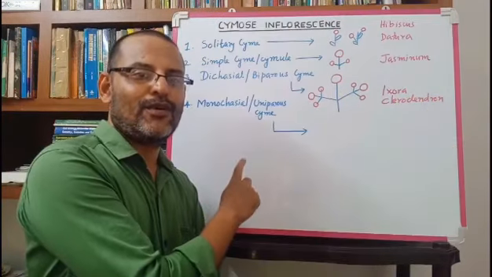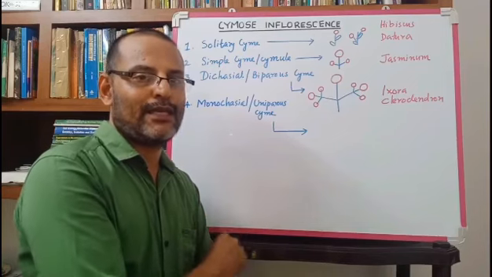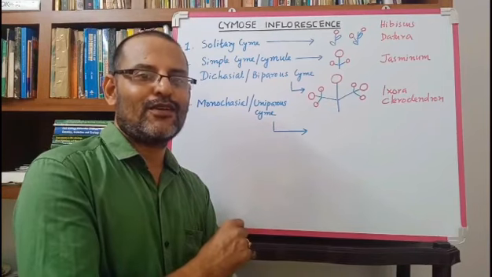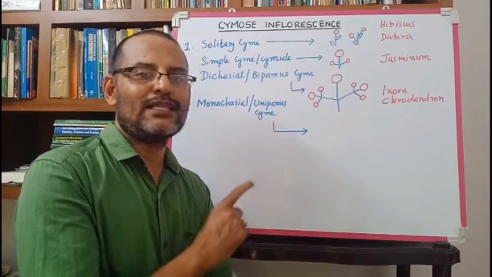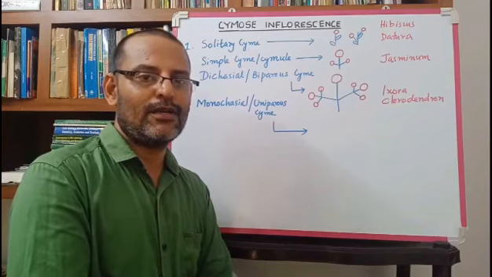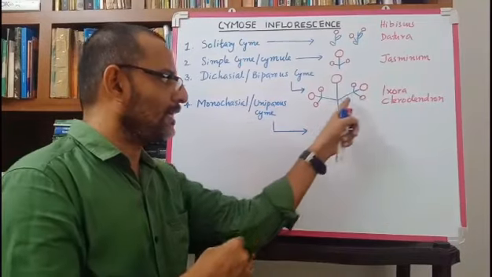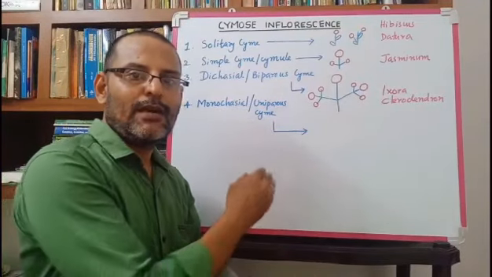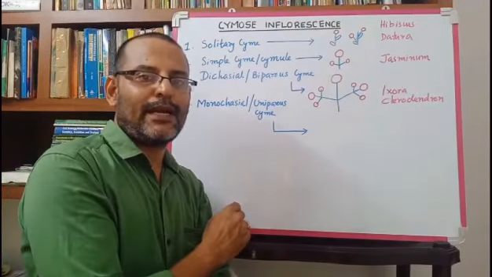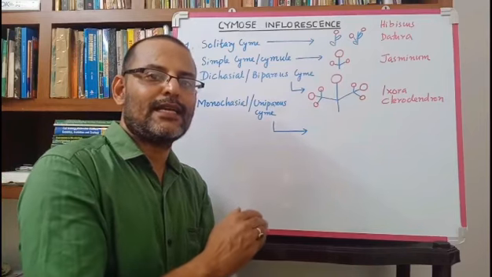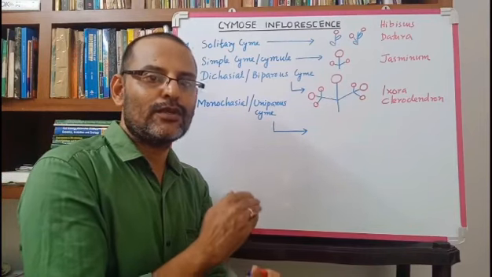The fourth type is monocacial cyme or uniparous cyme. This is a cymose inflorescence in which only one secondary peduncle is formed, that is different from the dicacial cyme. Here two secondary peduncles are formed, but here only one secondary peduncle is formed, and that secondary peduncle produces new flowers or young flowers,